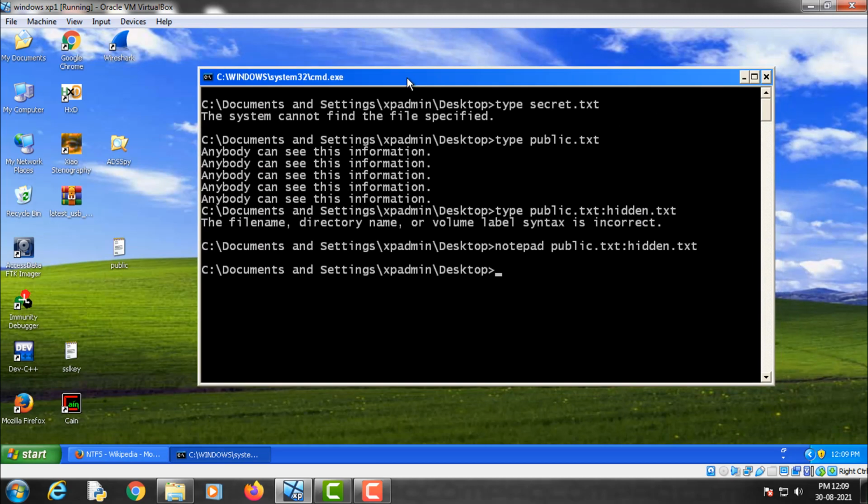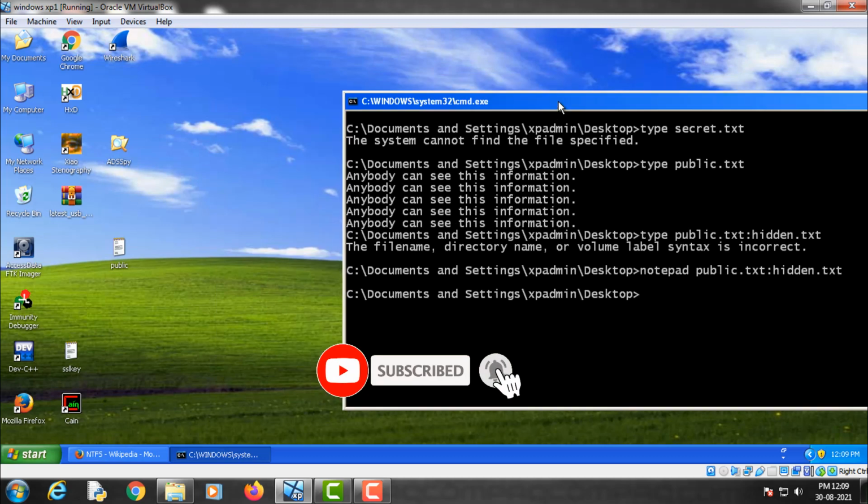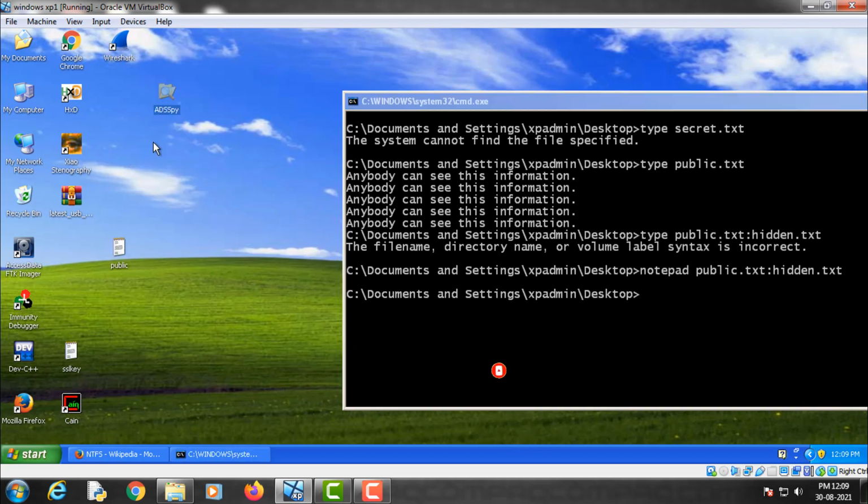Now the question arises, how can we detect a hidden text file on our Windows machine? For this purpose you can use a tool whose name is Alternative Data Stream Spy.